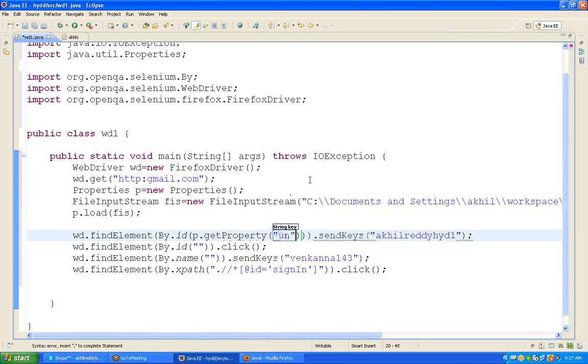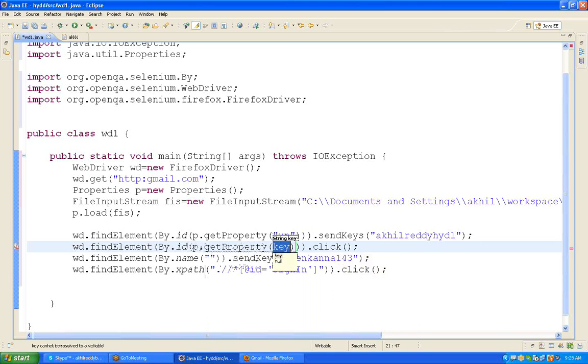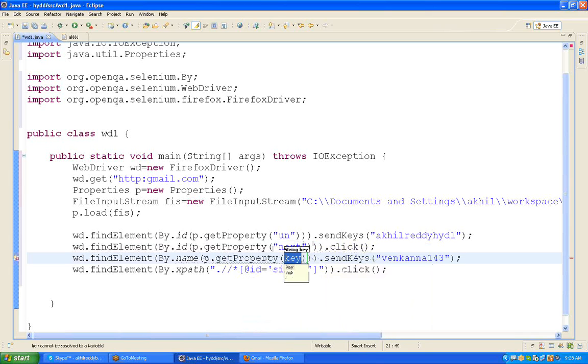In the property file I gave un. Next button, p dot getProperty. Next, p dot getProperty, pwd. So using these properties also we can identify the web element.